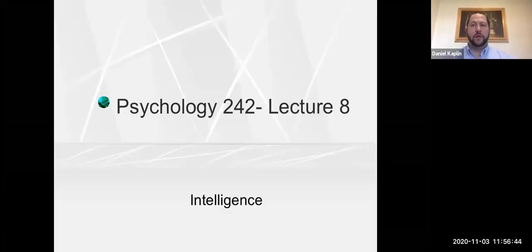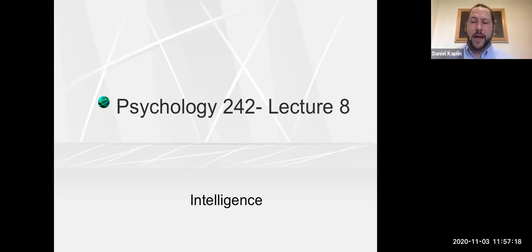Okay, we're gonna get started. In the last two lectures, we talked about cognition on a very theoretical level. So we talked about the theories of Piaget and Vygotsky. And then last week, we talked about the concept of information processing. Now we're going to start talking about various subforms of cognition on a little bit more of an applied level.